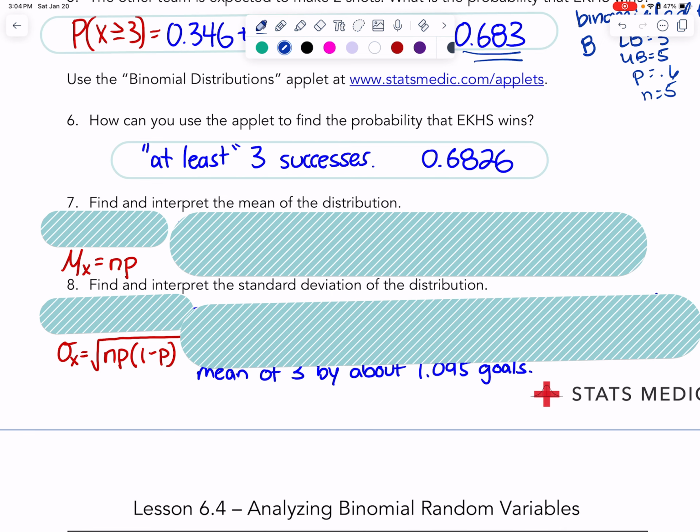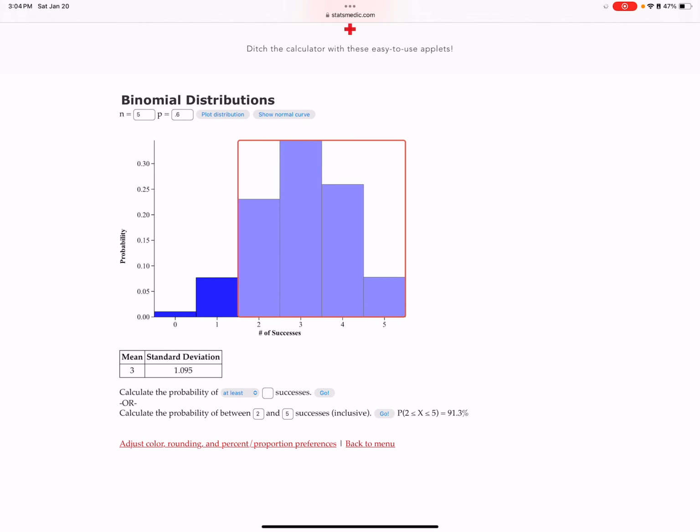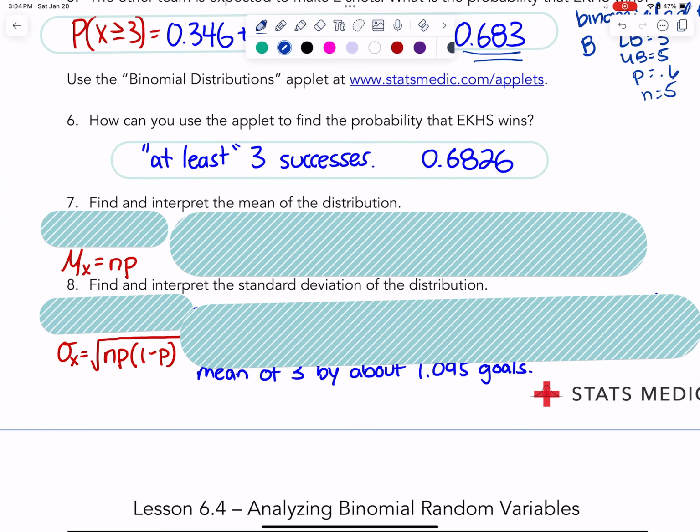Find and interpret the mean and standard deviation. On this one here, it gave you the mean and standard deviation, but the mean is np, and the standard deviation is the square root of np times 1 minus p. If you take your finger and hit the middle of your formula chart in my room, it's the very middle formula. If you look to the left, it says binomial, and these are the 3 formulas for the binomial. So for this, we get the mean of 3 and the standard